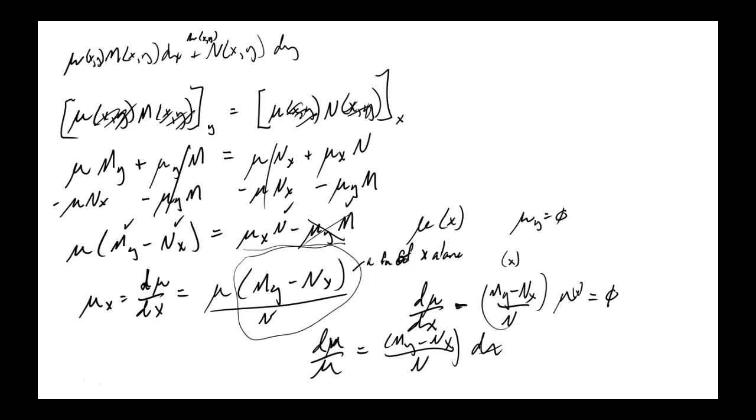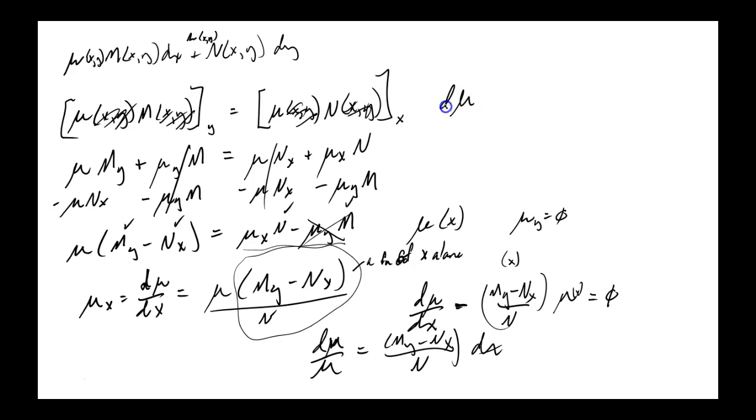Okay. Well, what if it doesn't work, and mu turns out not being a function of x alone, and this turns out not being a function of x alone? Guess what? We can say, well, what if mu is a function of y alone? If mu is a function of y alone, then this is 0, this is that, and we have a new one. And then the condition would be not this, but it would be